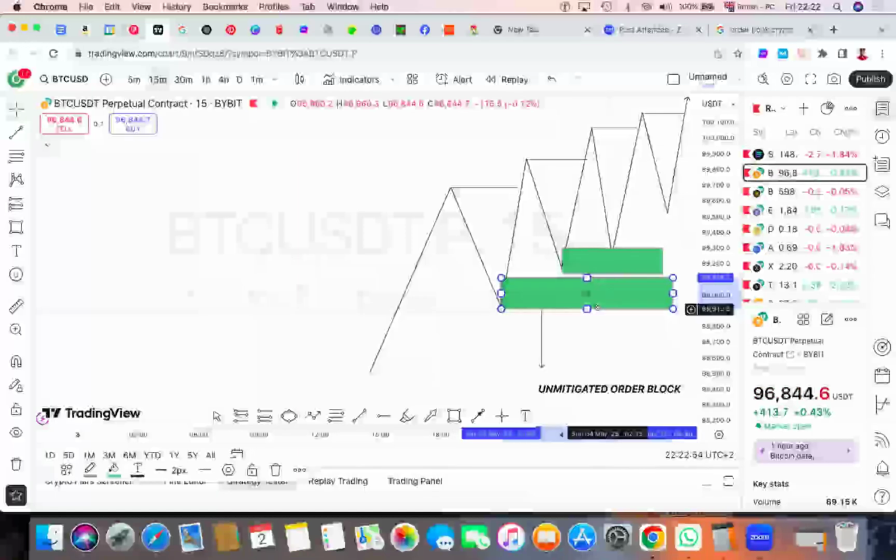So before we move further, this is what we refer to as order blocks: areas in which orders are being filled by the institutions, like the banks, the big banks and the big players in the market, where they left their orders on the chart. Price hasn't actually gone there, and you would definitely see price go there, because there are orders in the order book that haven't been placed yet.